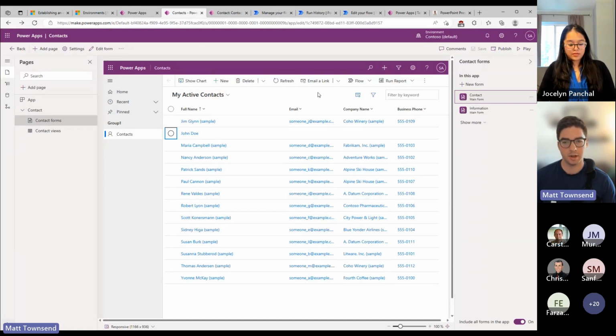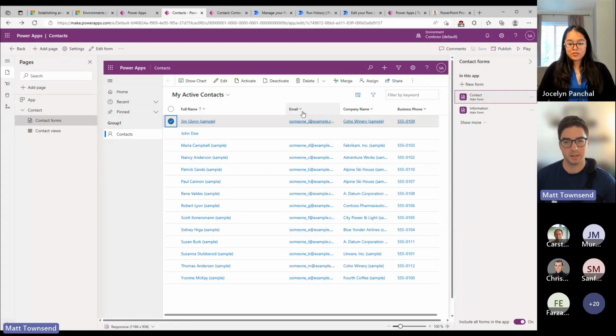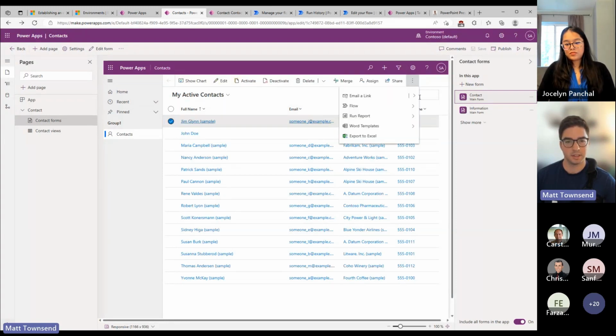But by default, from this context, I want to show two ways of interacting with your Power Automate flows from this app and extending this app to have more automation. So we have a built-in flow menu from this experience. So for any selected records, this flow menu,